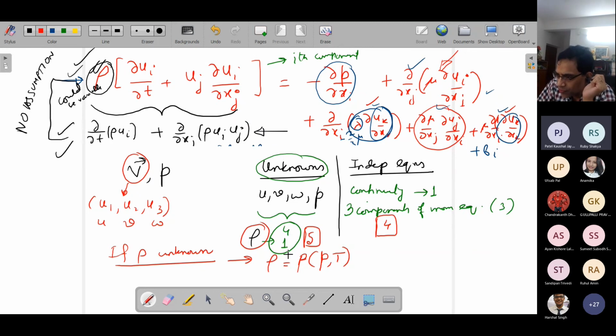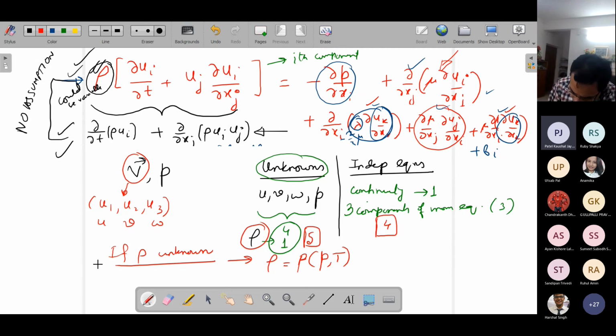So this is the state postulate in thermodynamics. That is, if you know two independent intensive properties, you can specify the thermodynamic state. If pressure and temperature are not two independent properties, for example, if the material is changing its phase, then pressure and temperature are not independent. I mean, one is related to the other. Then this is not true. If it is not a pure substance, it is not true. For example, if it's a mixture, it will be a function of not just pressure and temperature, but also the composition of the mixture. So this is with certain assumptions.